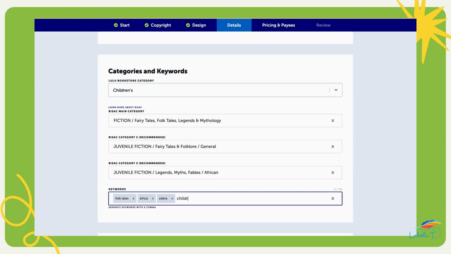So let's say, for example, you wrote a book about a shark in the deep blue sea. Maybe you'll want to include things like ocean, sea animals, sharks, creatures, anything that's going to help the audience that you specified your book for find the